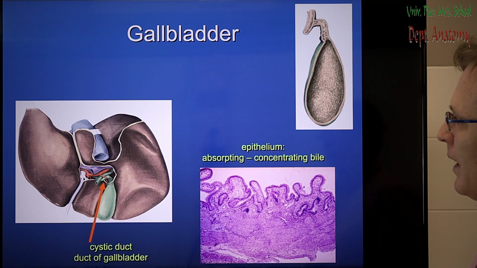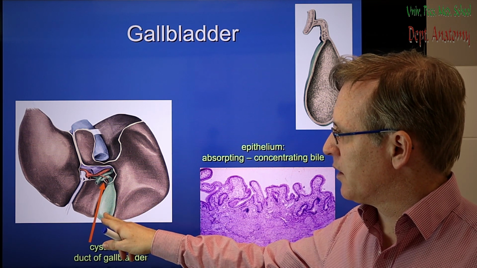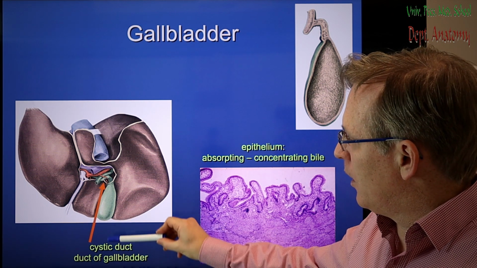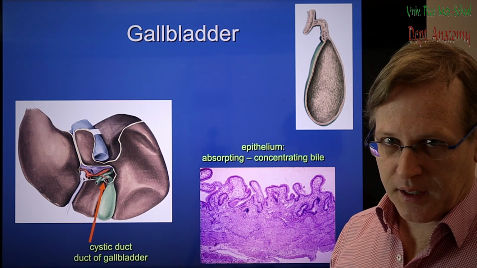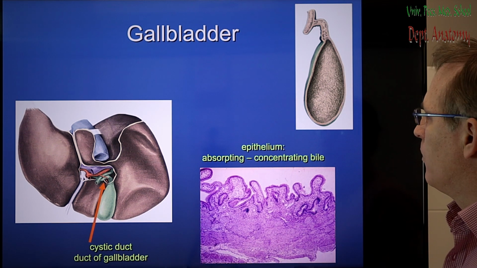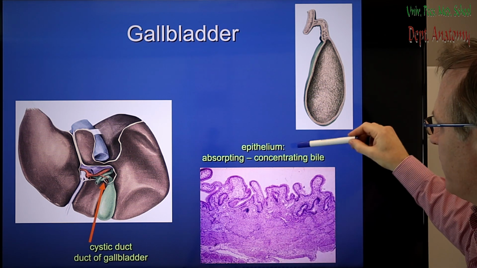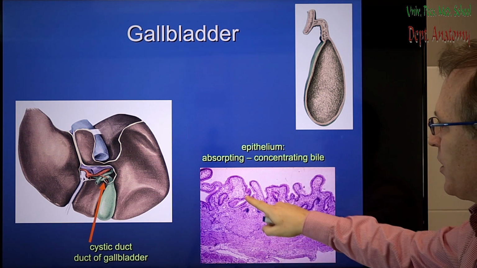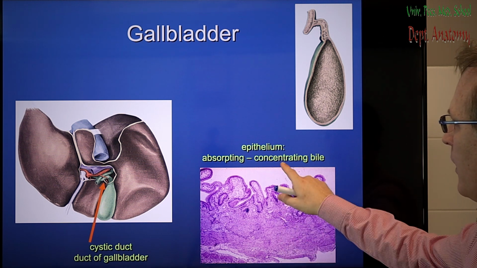Let's go to the gallbladder. The gallbladder is located on the visceral surface of the liver on the right side. The name of the duct of the gallbladder is the cystic duct. The inner surface of the gallbladder is formed by absorbing epithelium, so microvillated columnar epithelial tissue, and